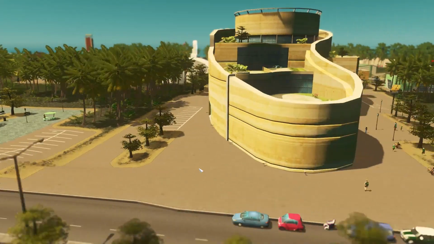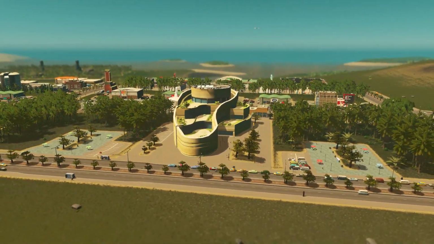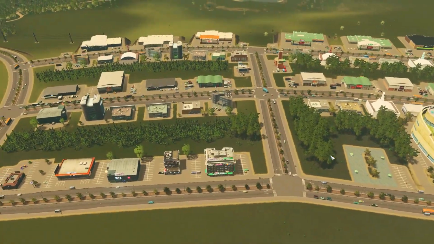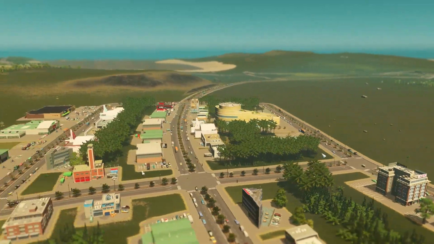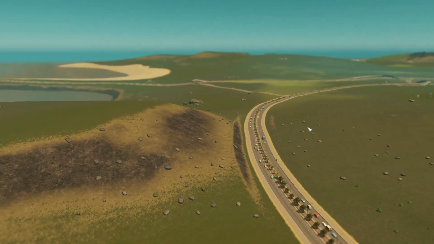So I put this modern mall or something in here with 2 plazas on either side. And that's about it. And boy, did they like this, let me tell you. Lots of people come in here. So what I did after this was to give them, because we were right at the expressway entrance anyway...